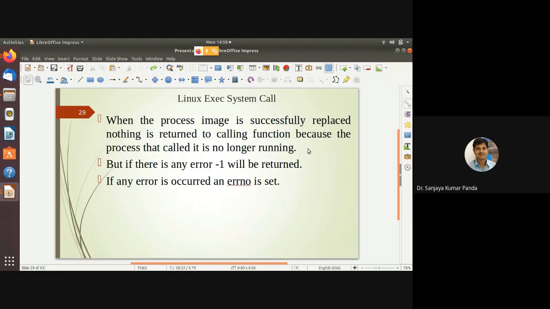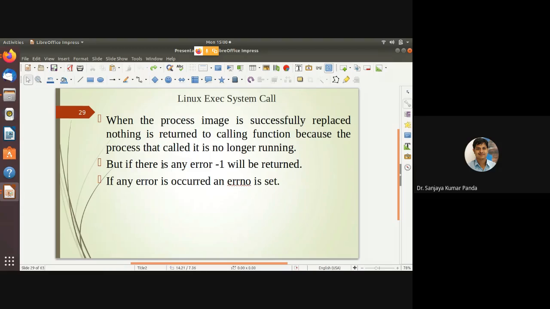Suppose the old process is calling the new process using exec, the new process is replacing the old process. So the old process is not there, that's why nothing is returned, because the old process is no longer running. It should not return anything, right?